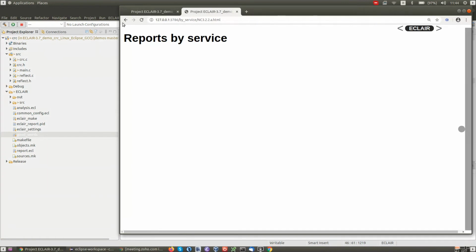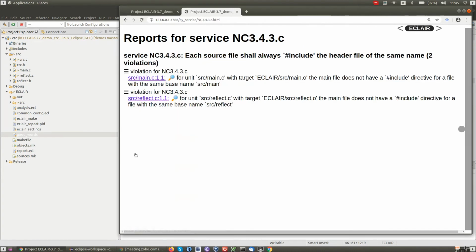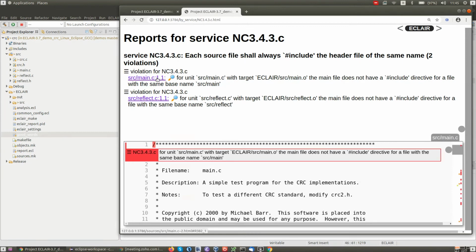Let me, next in my list of things to be shown, 4.3.c. It is this one. Okay. And what is the problem here? So there is a guideline saying that each source file shall always include the header file of the same name. Okay, here we see 2 violations. One concerns